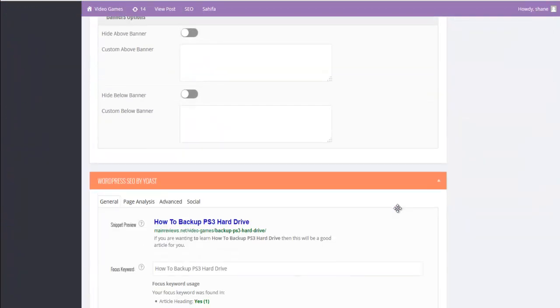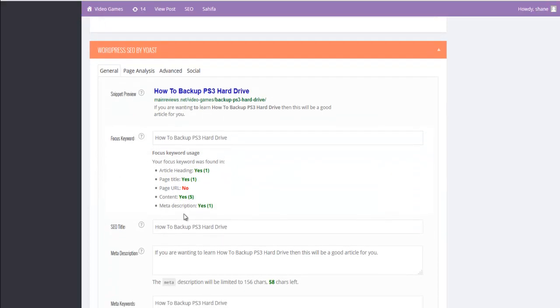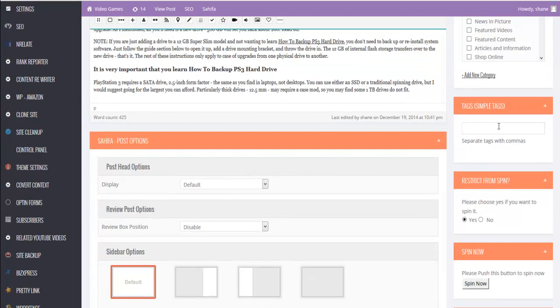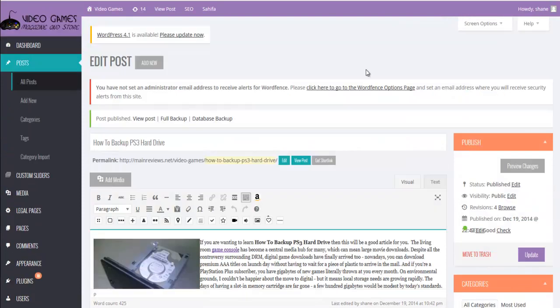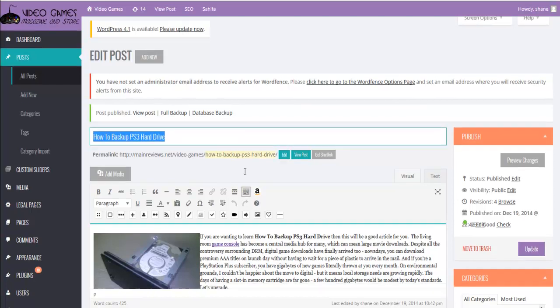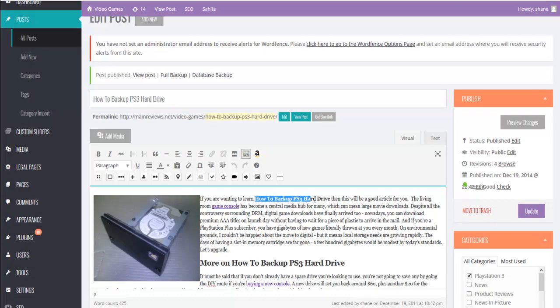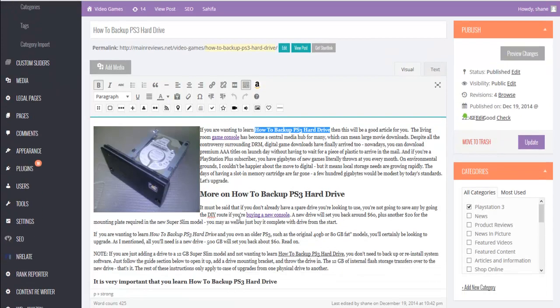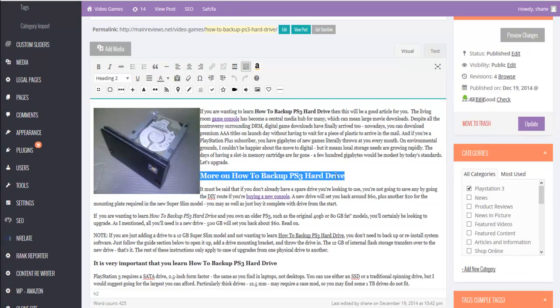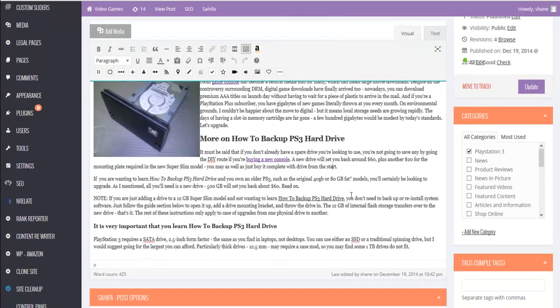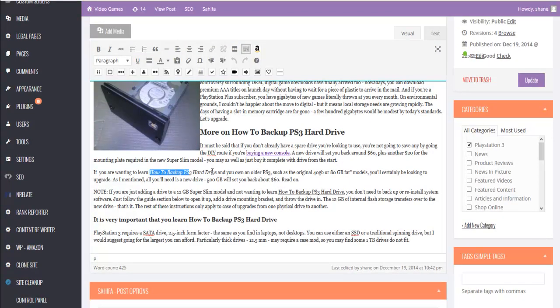If we come down and take a look at our WordPress SEO, we can see that we got almost everything there. And so let's go ahead and publish this. So let's go back over what we did. Our title, keyword phrase, our keyword phrase in our first sentence, the keyword phrase being bolded, a link to a different page of our site, our keyword phrase in an H2 tag, another link to our home page, our keyword phrase in italics, our keyword phrase underlined, our keyword phrase in an H3 tag,